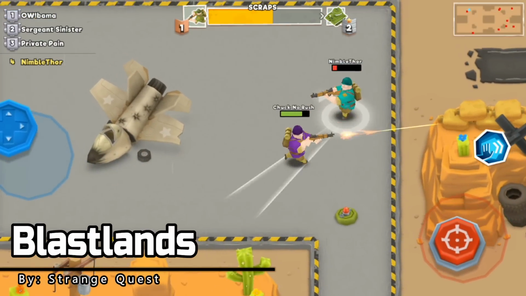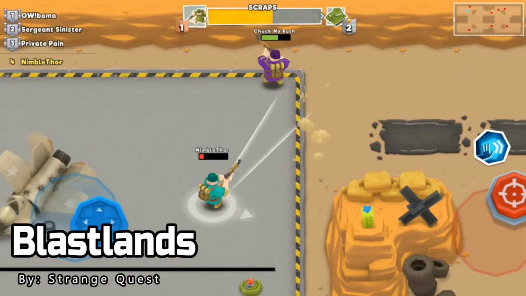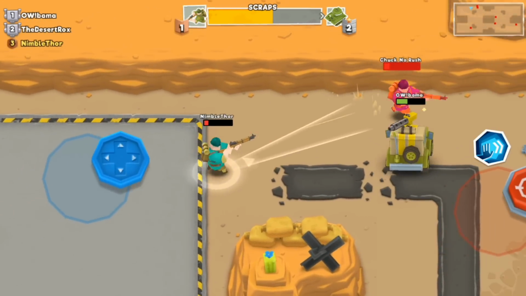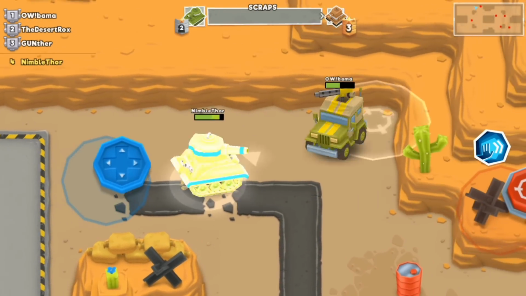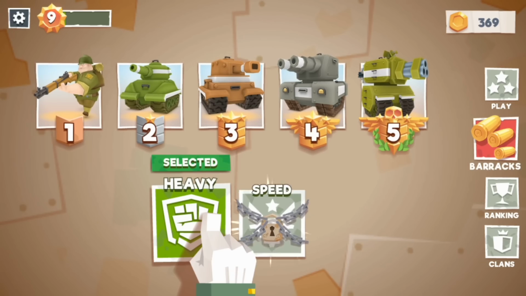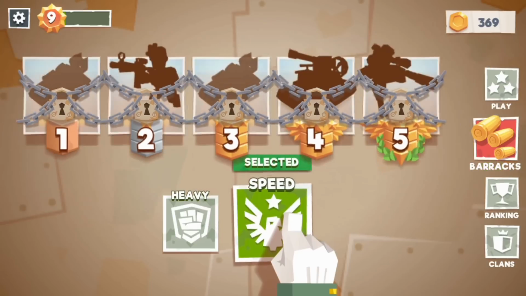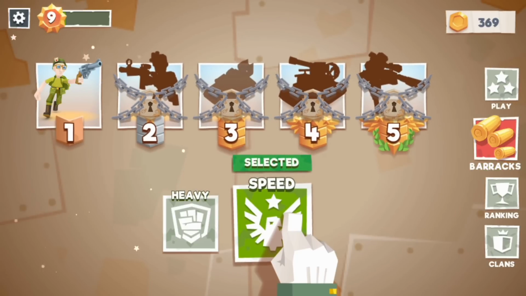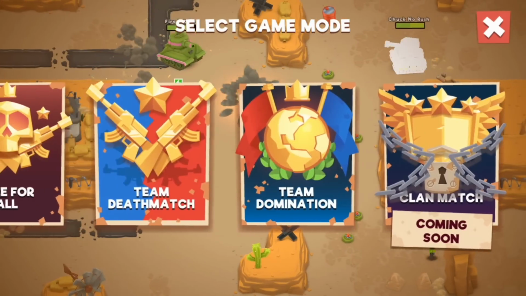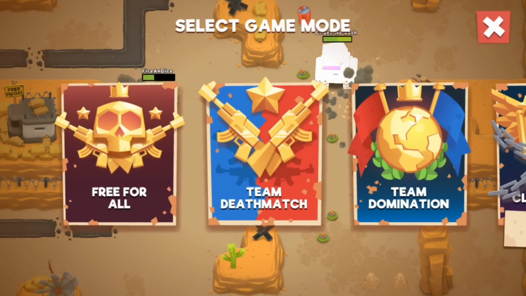Blastlands is a fun, casual, top-down, battle royale-like IO shooter where we start out as a human trooper, defeating enemies to collect scrap parts, which increases our level and gives us better and bigger vehicles. The game is lightweight, fun, and chaotic. Matches start almost instantly. Yes, we are fighting bots until the game has enough players, and there's no monetization during the beta. With 3 game modes, Freefall, Team Deathmatch, and Domination, and a clan system coming soon, I could easily